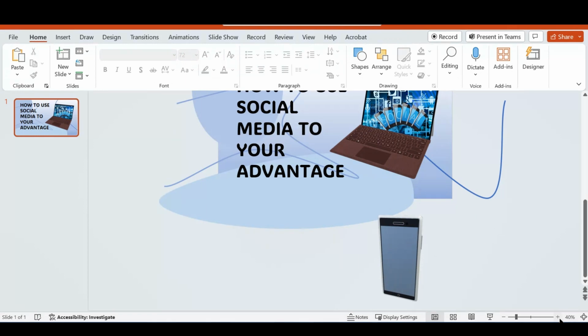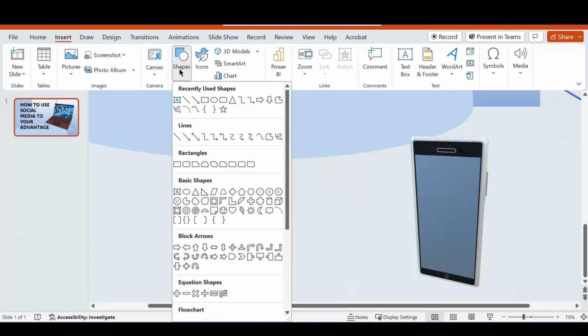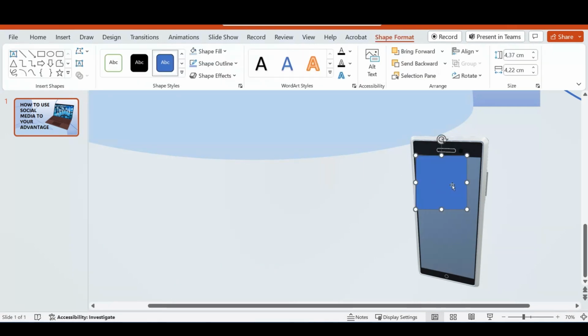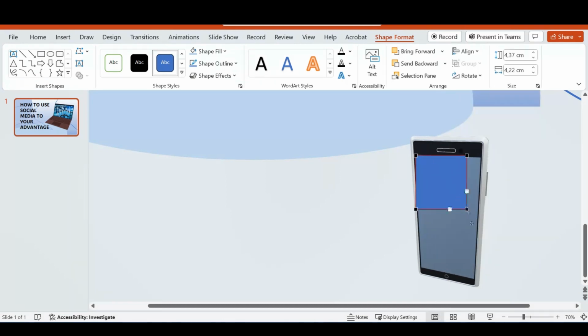So from here, let's zoom into this phone over here. Once again, I'm going to insert a shape over the phone's section here. So I'm just going to put a rectangle there, edit the points, and from here I will edit these points onto the boundaries of the screen,